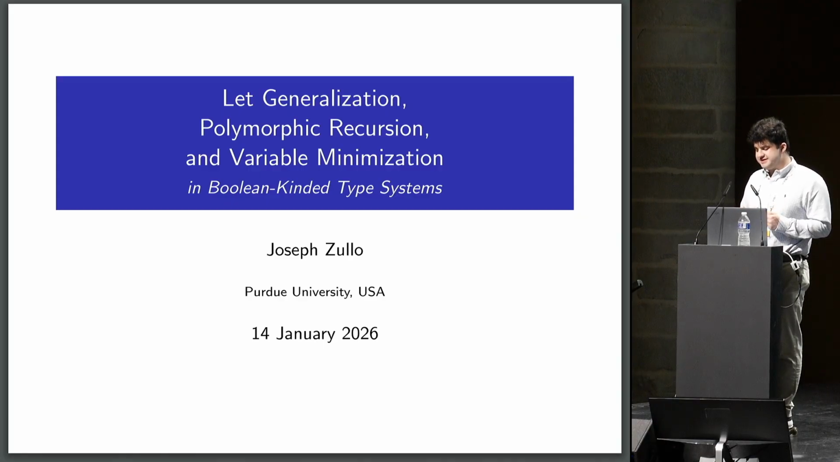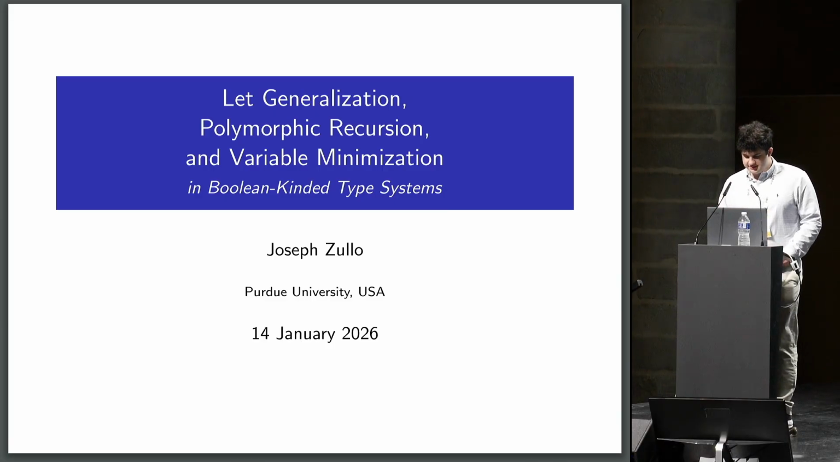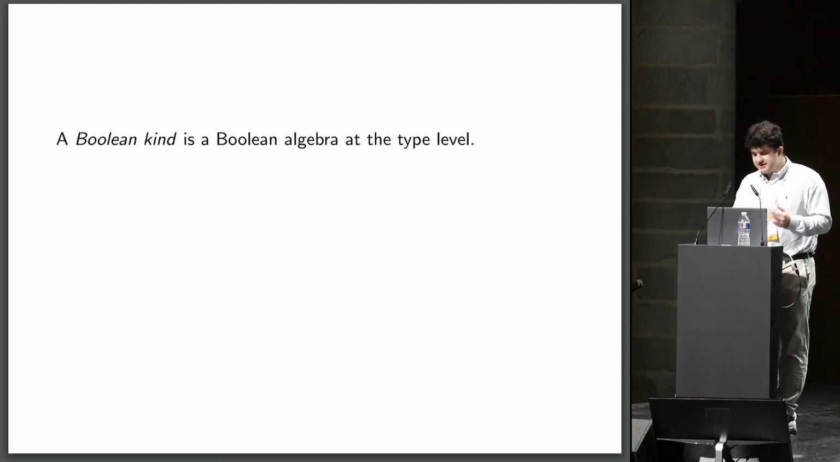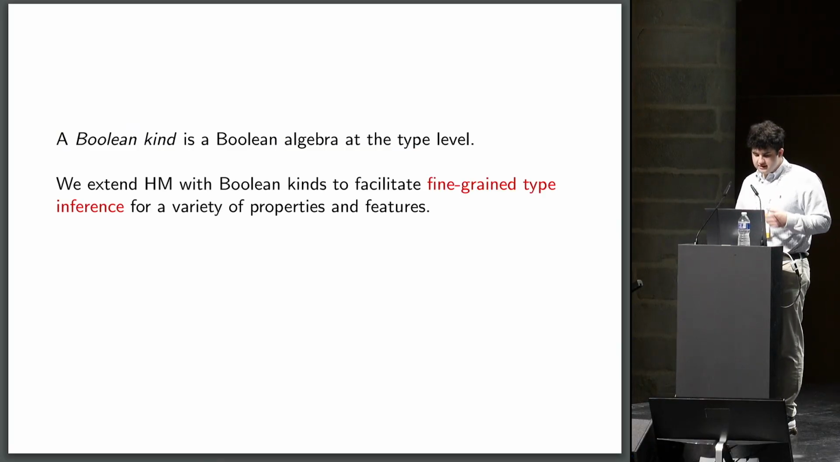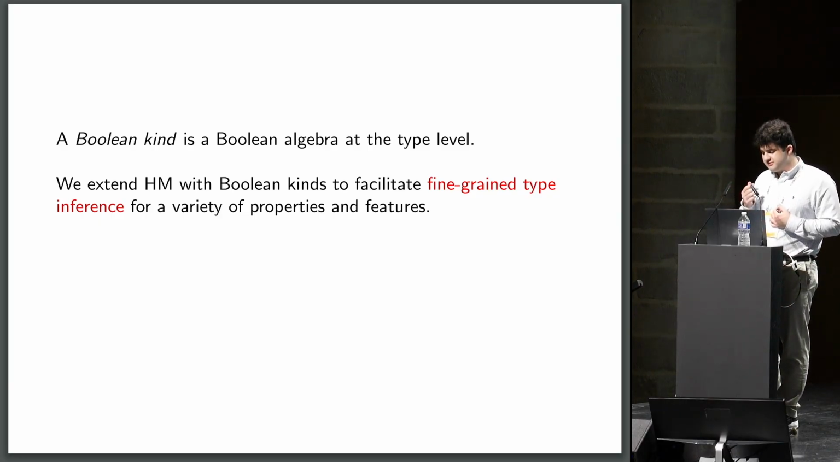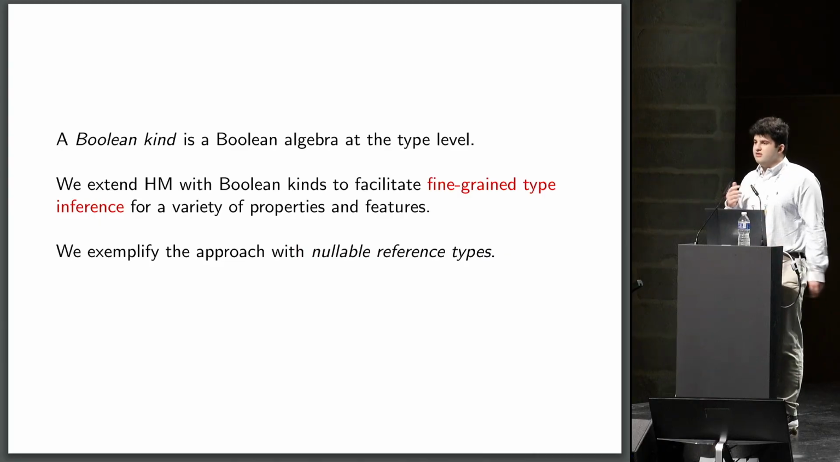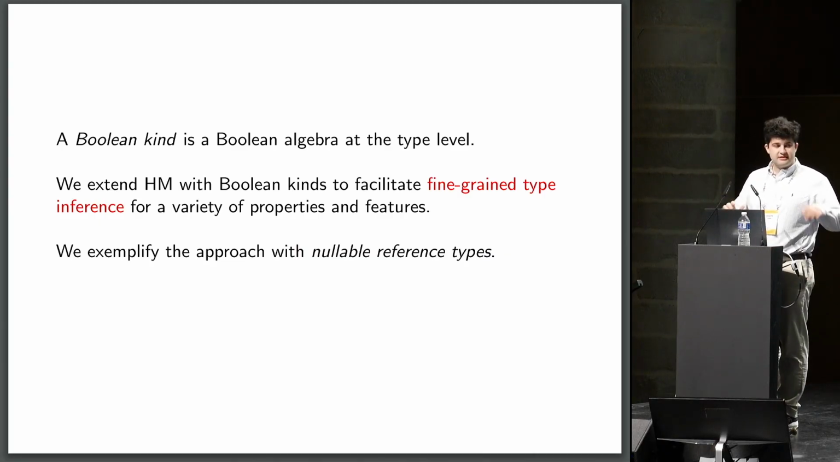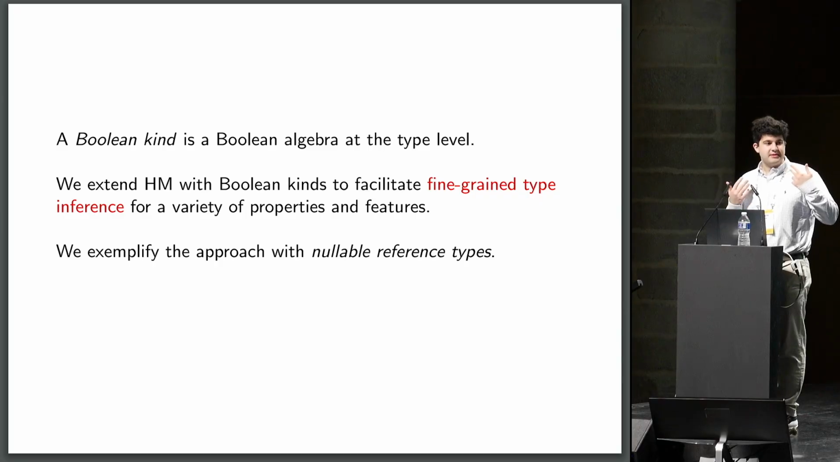Research on Let Generalization, Polymorphic Recursion, and Variable Minimization in Boolean-kinded type systems. A Boolean kind is a Boolean algebra at the type level, and we extend Hindley-Milner with Boolean kinds to facilitate fine-grained type inference for a variety of properties and features. Our running example will be nullable reference types, and the problem that we're solving will make more sense once we